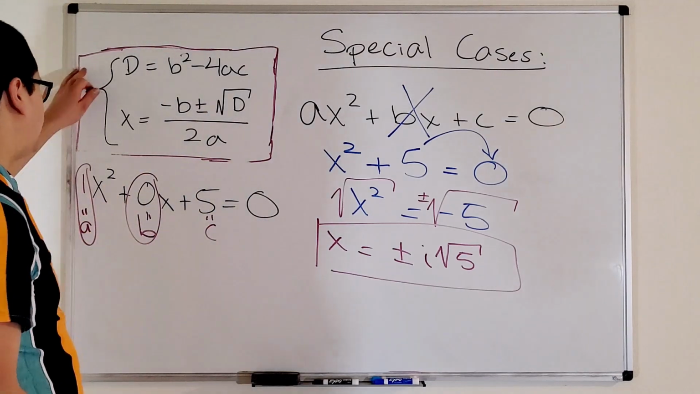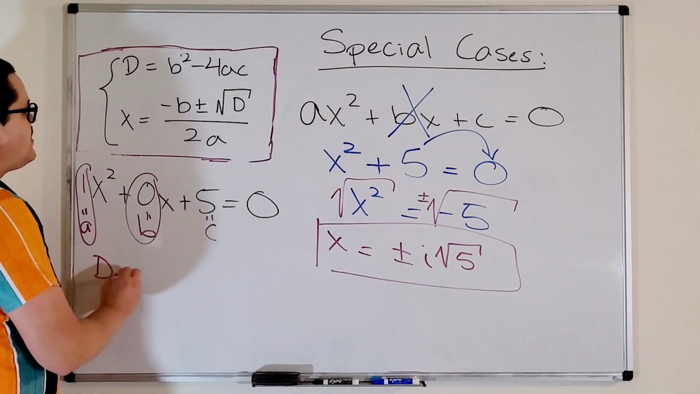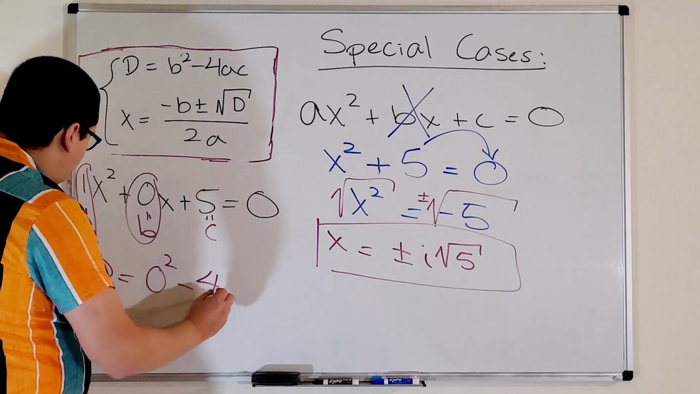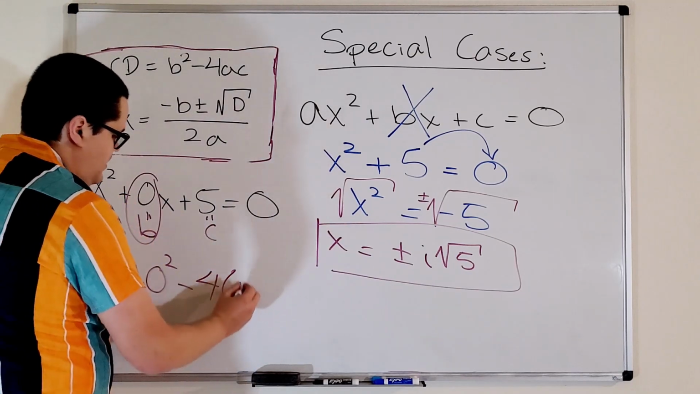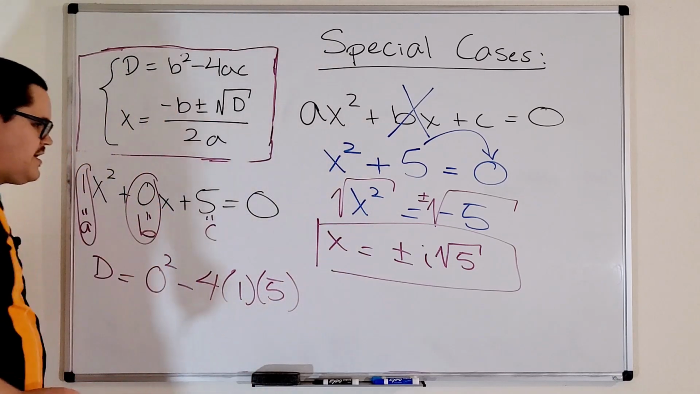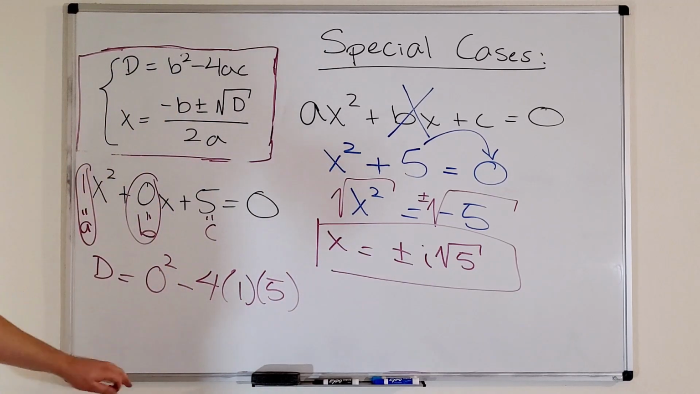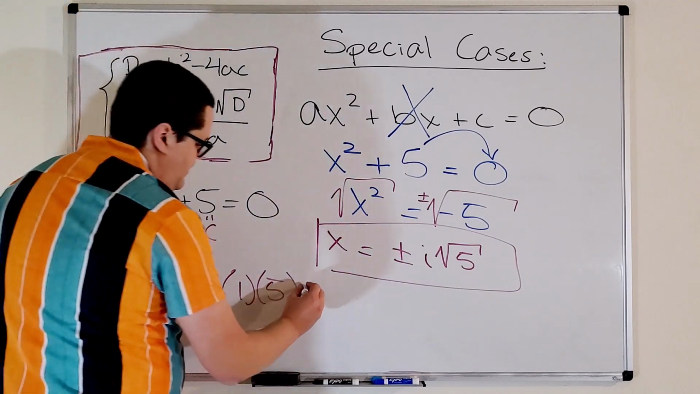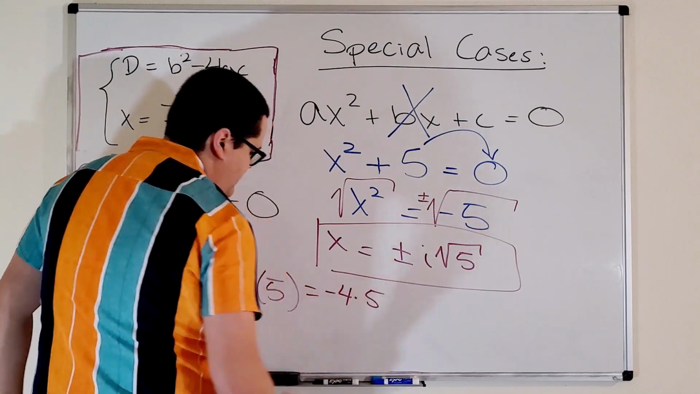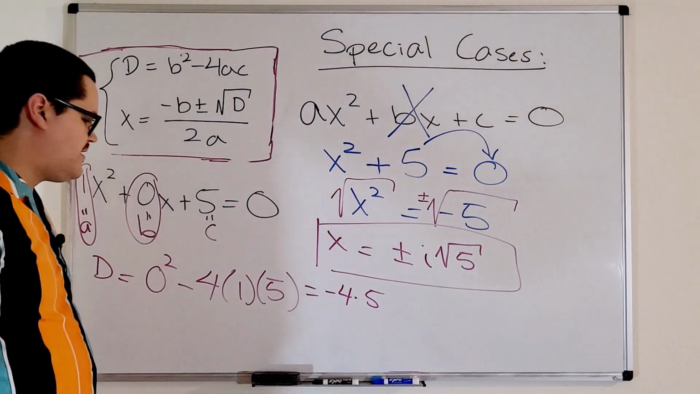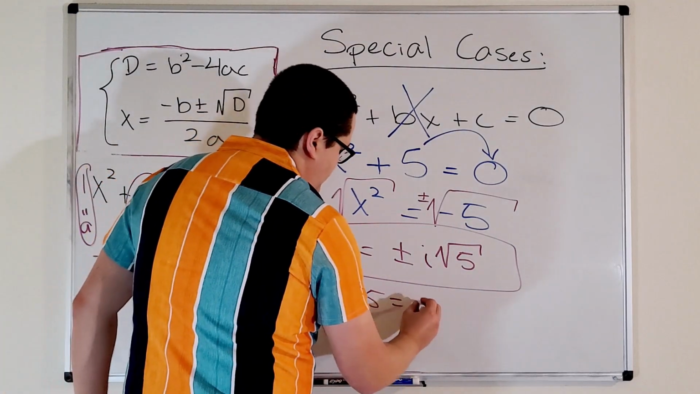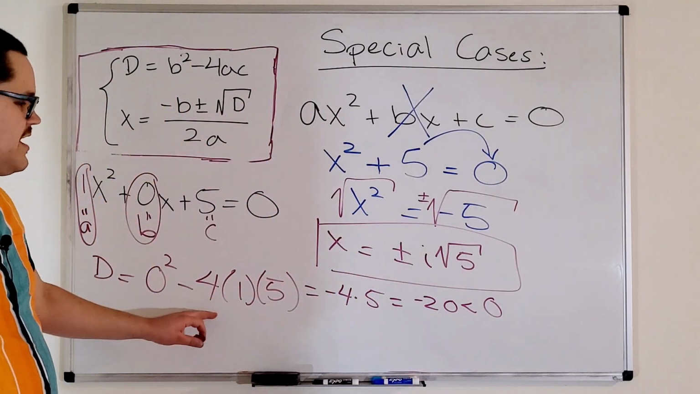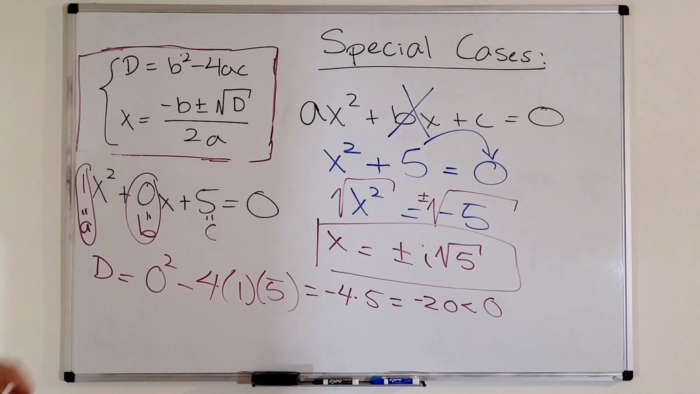If we do that, we can get the discriminant. D is b squared minus 4ac, so that's 0 squared minus 4 times 1 times 5. And I'm just going to write this as, well, 0 squared is 0. -4 times 1 is -4, so we'll just leave this as -4 times 5, which is obviously -20. Okay, I'll write that too. So since this is less than 0, we expect 2 complex roots, and those roots are